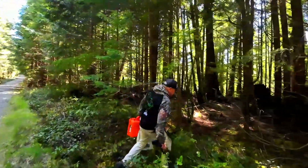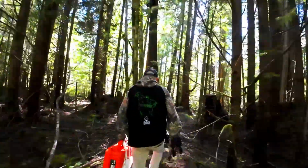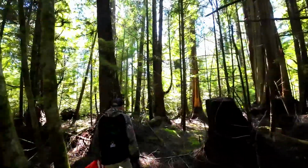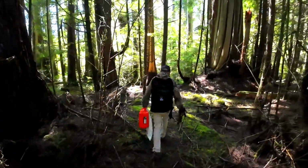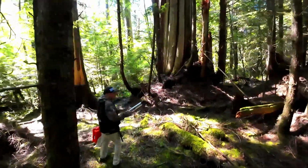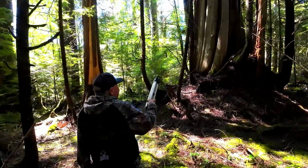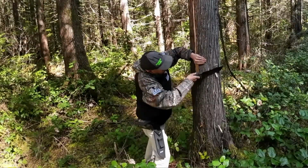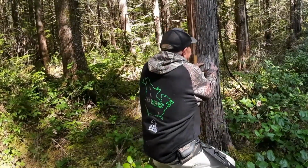This is the type of area I like looking for Sasquatch evidence, because back when I was living in the bush, this is what we sought out: big cedar trees like this. You'd have to look around for a few hours usually, but underneath these big trees you'll find where a bear made a den years ago, probably 100, 200 years ago, and then they just get it bigger and bigger, and then sometimes you find them where a Sasquatch has actually taken